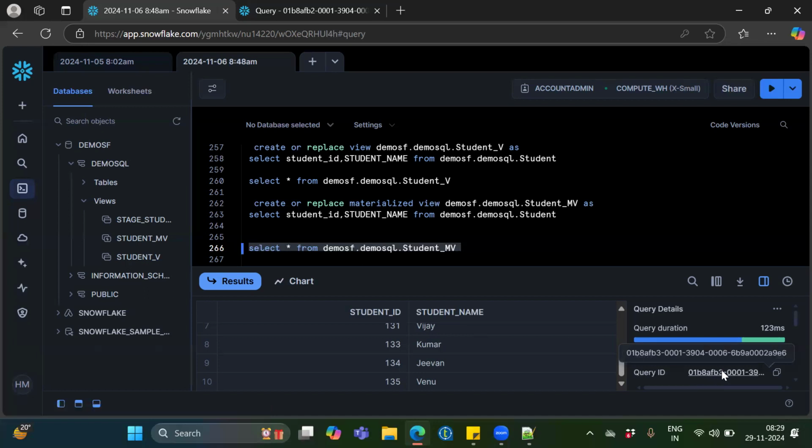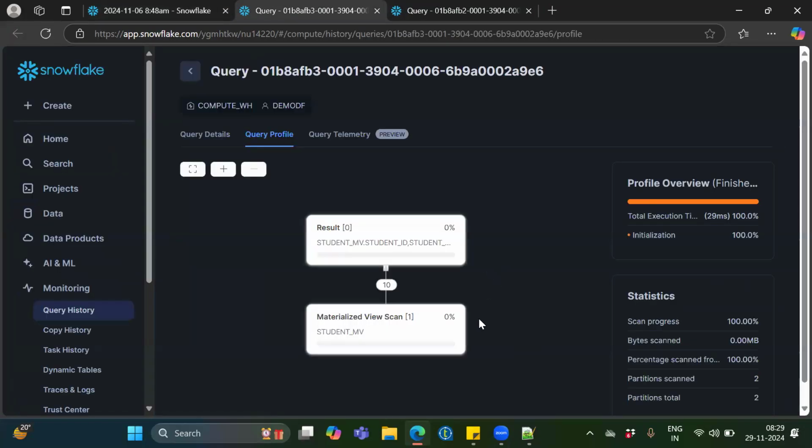Now we'll see that this data has been pulled from the materialized view. So this is the advantage. You will not see much difference, but what will happen whenever you run the query,